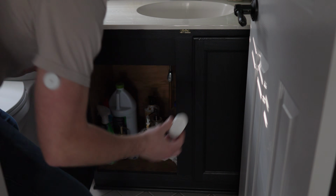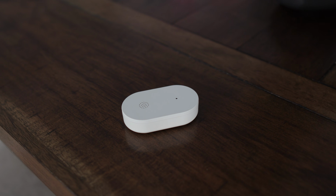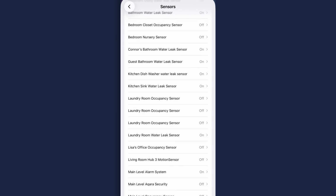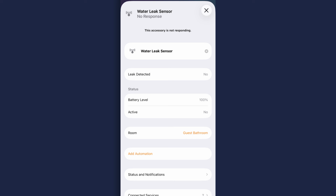I also put them under sinks, under the dishwasher, the washing machine, the main water valve, and the water heater. This IKEA sensor is Matter over Thread, and it's $8. This can integrate right into Apple Home, and notifications are automatically enabled. So if it makes contact with water, it sounds an alarm at the sensor and notifies residents in Apple Home